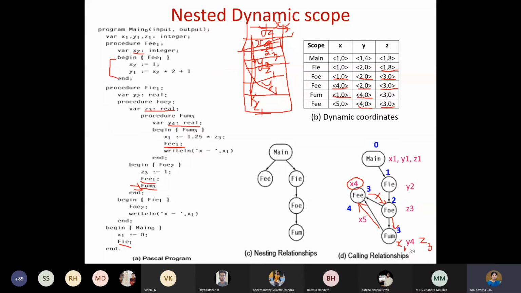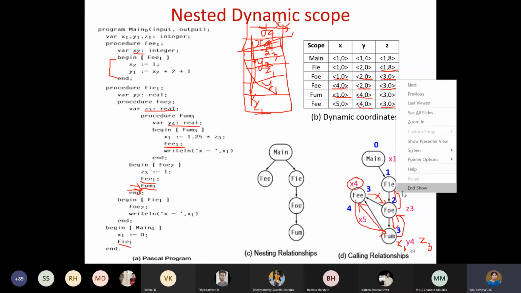This particular function I am going to finish and then return back here. Now, yes, you can remove. It will return back, and then from here it goes back to FUM. From here it goes back to FOE, and like this it goes. So once it is going back, then you can remove.